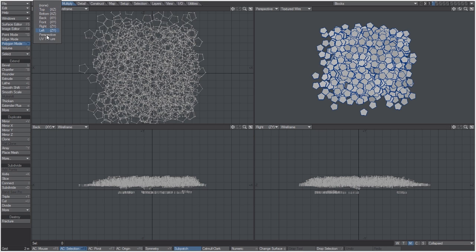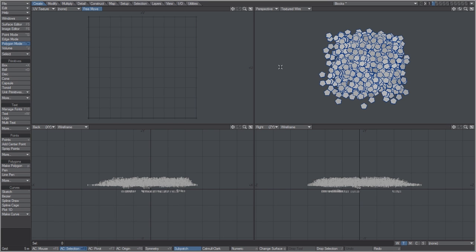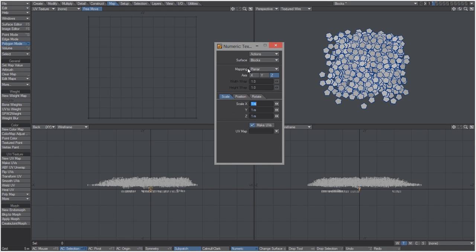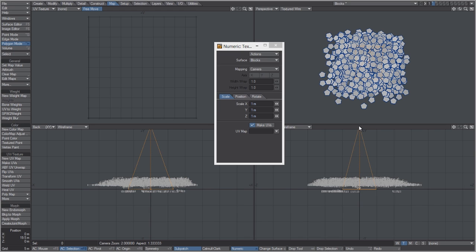Let's make the top view a UV texture. We're going to use a really cool tool to create this UV, and it's under the Map tab, under More, called Texture Guide. And if we hit the N key, what this is going to allow us to do is for mapping, select Camera, and it's going to allow us to create the UV from exactly where our camera is going to see it. So you see we have a little orange icon down here, and we can just raise that part up and adjust the scale,